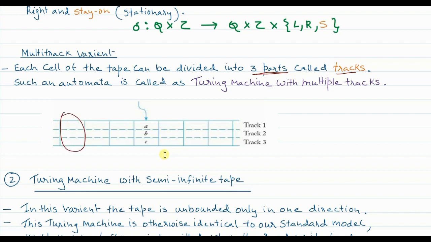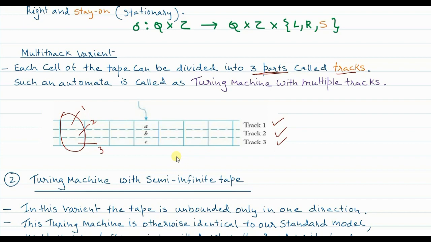Okay, now this cell is divided into 3 parts. This is part 1, this is part 2, this is part 3. These are called tracks: track 1, track 2 and track 3. Now why is this called a variant of a normal Turing machine? Because we have already seen that the input string is fed onto the Turing machine. Now in the normal single tape Turing machine, the normal one which we have already seen, at a time the